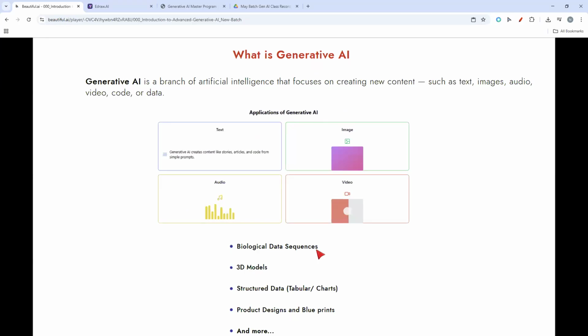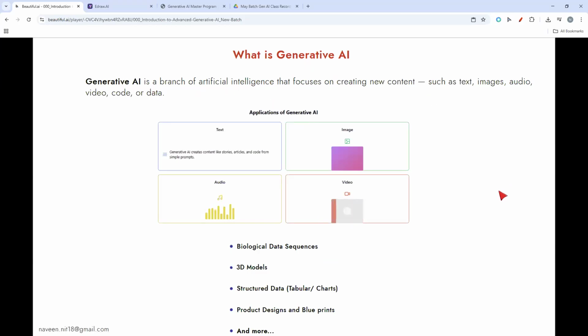We have generative AI capabilities being used in almost all industries, even in drug discovery or the self-driving cars we have today. And many AI simulations are being created in this generative AI field. That is the beauty of generative AI. So now I hope you got the definitions of generative AI.